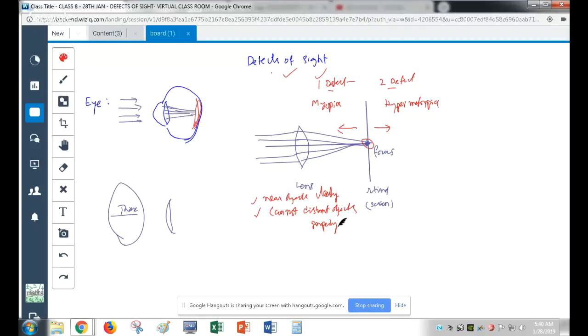Because the focus changes towards the lens, due to the thickness of the eye lens becoming thick. So this is also called, in short,